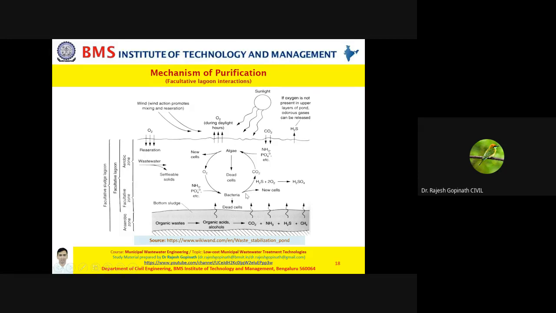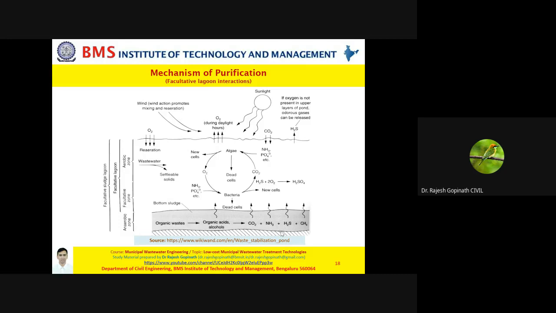Basically these act as necessary elements for the other entities. For instance, carbon dioxide is required by algae to grow. So what does algae do? Algae takes this carbon dioxide and returns oxygen. In this manner, due to exertion of carbonaceous biochemical oxygen demand, nitrogenous biochemical oxygen demand, and sediment oxygen demand,